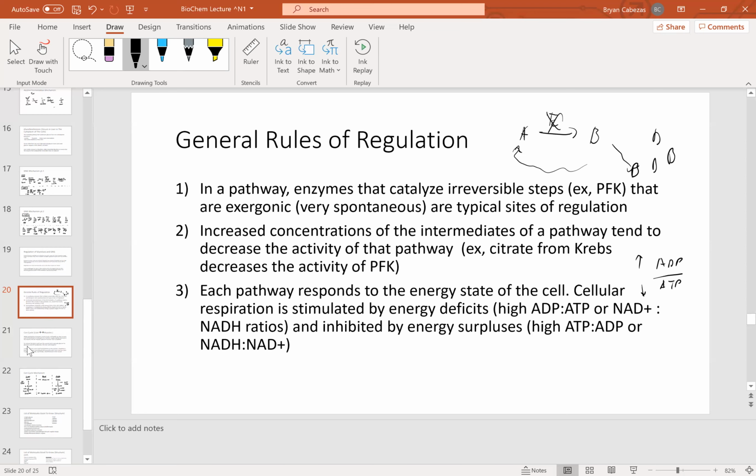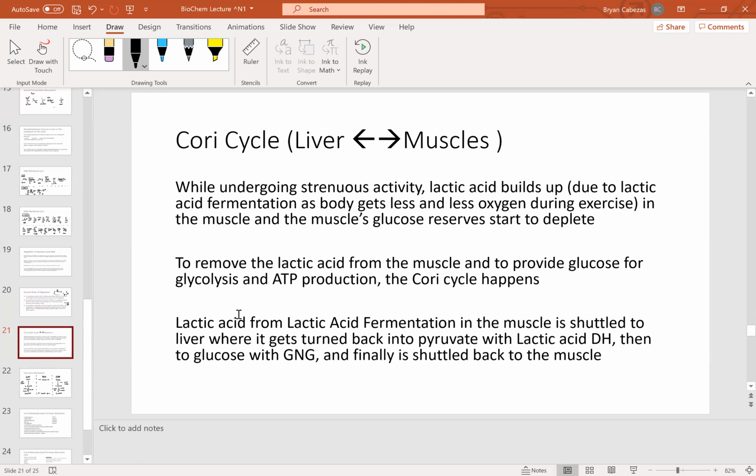Okay, so the last cycle that I want to talk to you guys about today is the Cori cycle. It's one of my favorite cycles in biochemistry. Basically, it explains why you're able to keep running although you have a bunch of lactic acid buildup, right? So let's say you're running a marathon and pumping your arms, and in your muscles you have your glucose, of course, and then if your glucose is all used up, first, where can you get more glucose, and second, how can you get rid of the lactic acid that's building up in your muscles because you're not breathing, right? Because you're just really tired and exhausted.